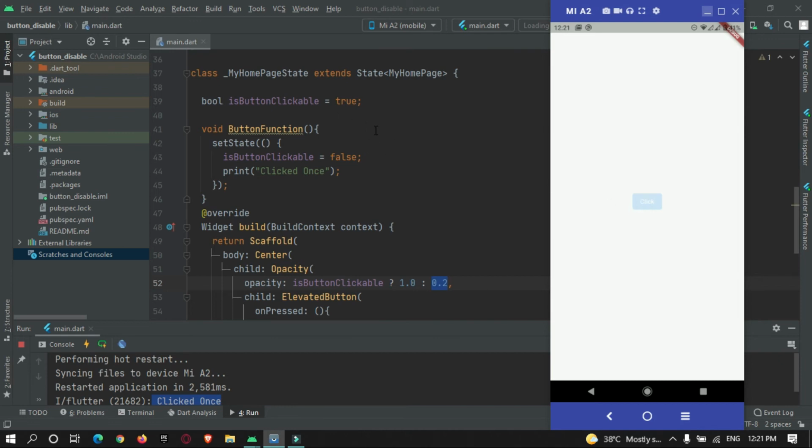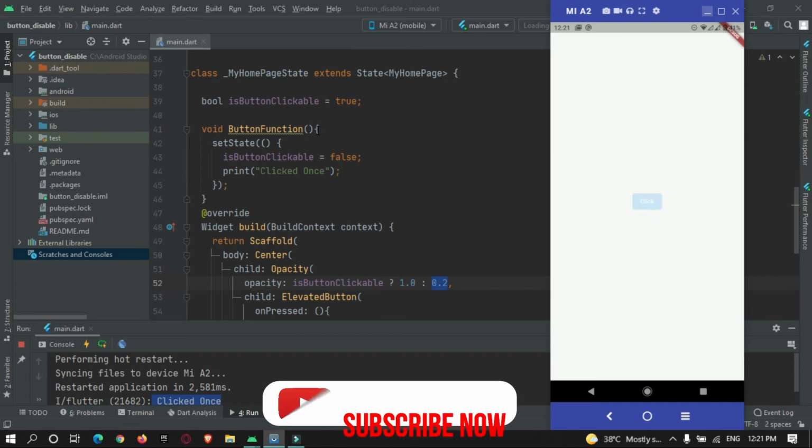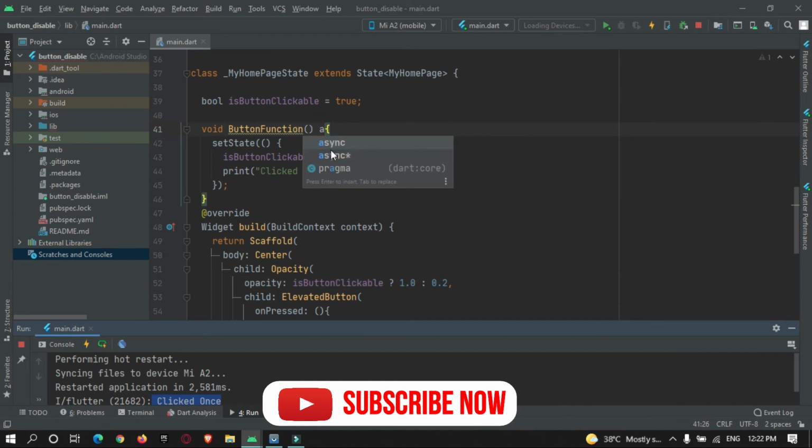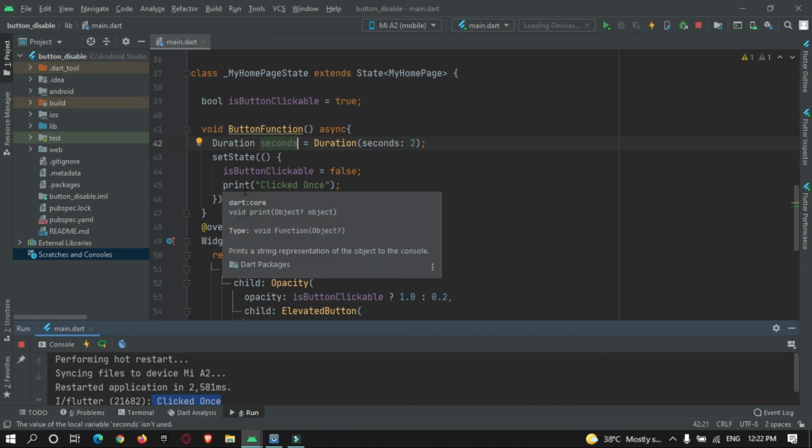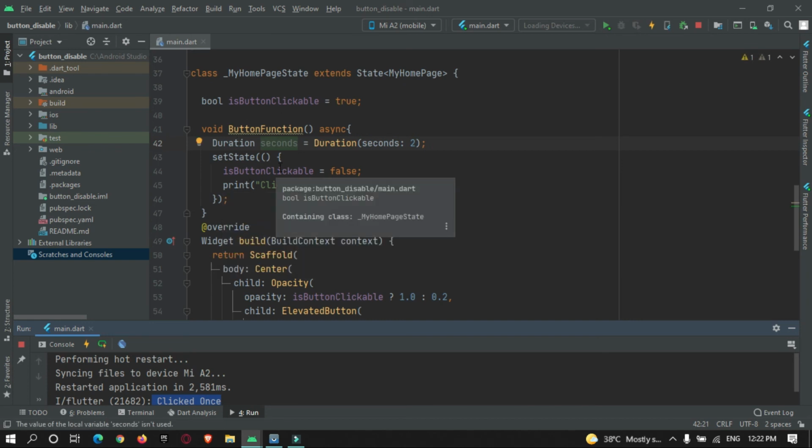For that, we can get the response from the server, and depending on the server response you can enable this button. I'm not making use of any server here, so I will just make use of a feature in Flutter, that is Duration. Here, after 2 seconds I am making the button clickable again.